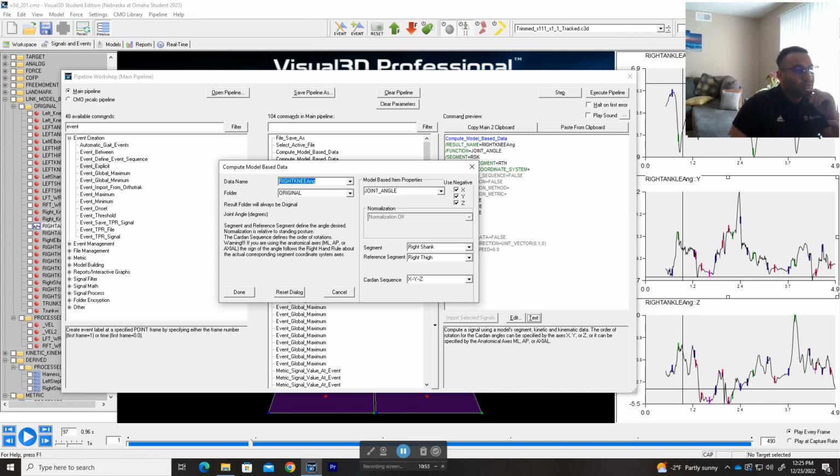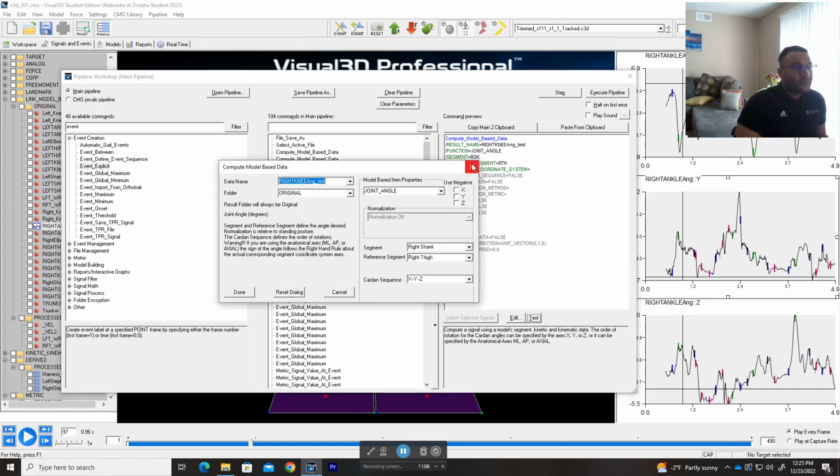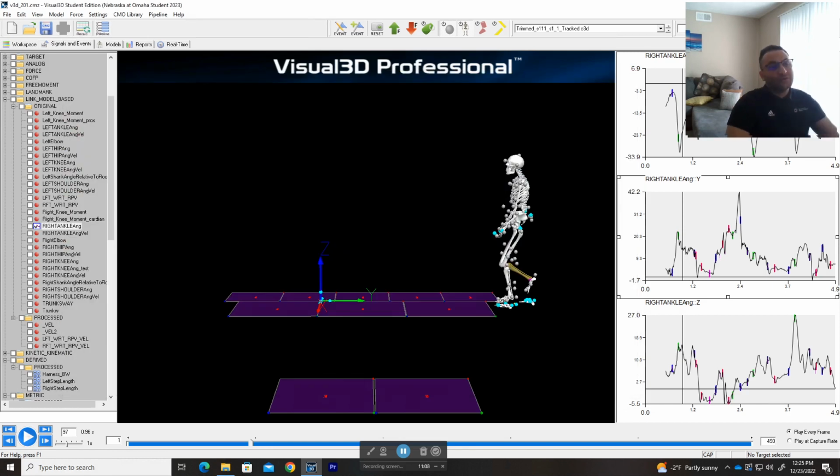You choose the same Cardan sequence, so XYZ, but you use the negative to get the right knee angle. If you don't use the negative, you'll see. It's just up to you, really. But when you, for example, use the negative, which is what I use to make my life easier,